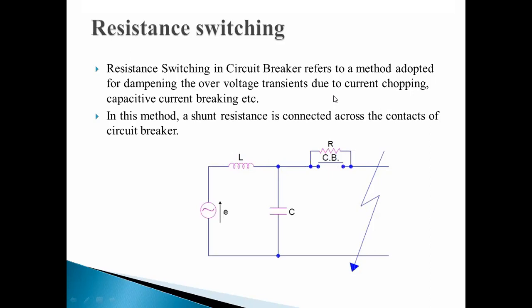The voltage reaches the maximum value when the current becomes zero. Transient restriking voltages are there. So to reduce these voltages, or for dampening,